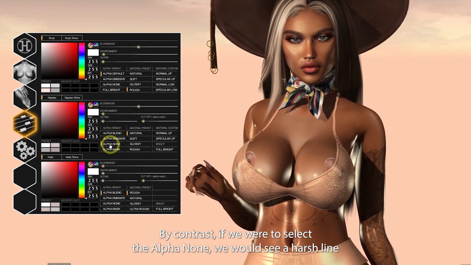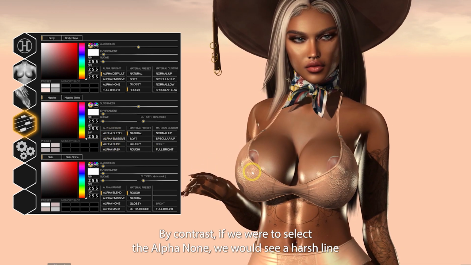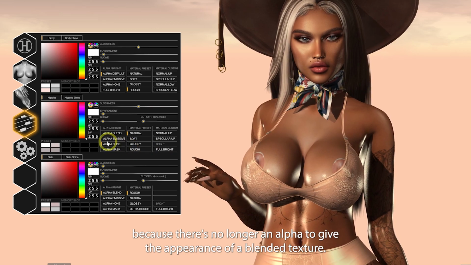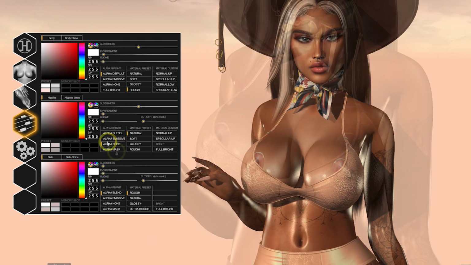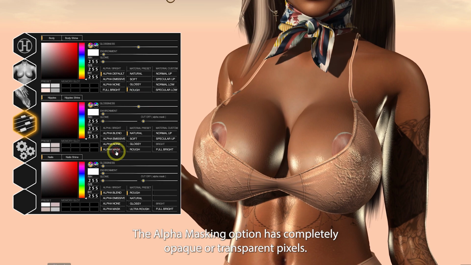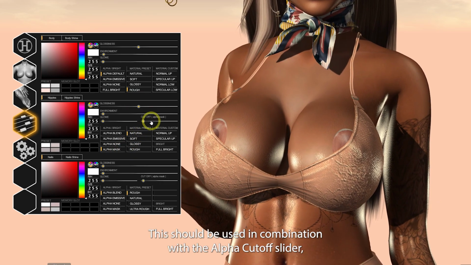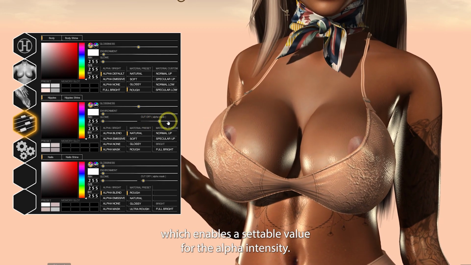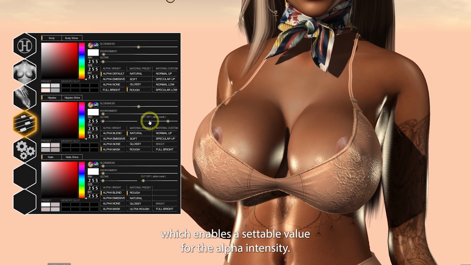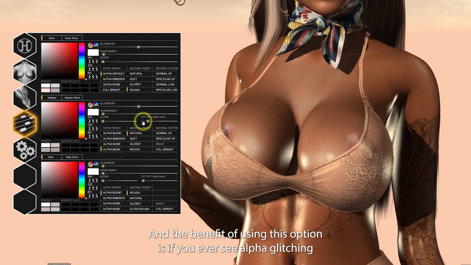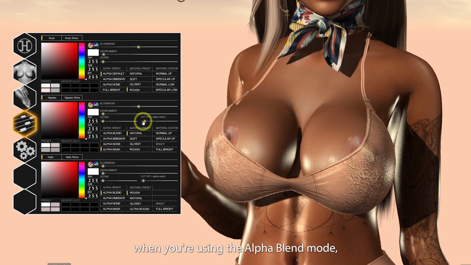By contrast, if we were to select the alpha none, we would see a harsh line because there's no longer an alpha to give the appearance of a blended texture. The alpha masking option has completely opaque or transparent pixels. This should be used in combination with the alpha cutoff slider, which enables a settable value for the alpha intensity. And the benefit of using this option is if you ever see alpha glitching when you're using the alpha blend